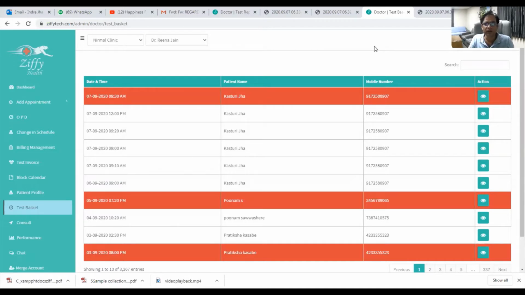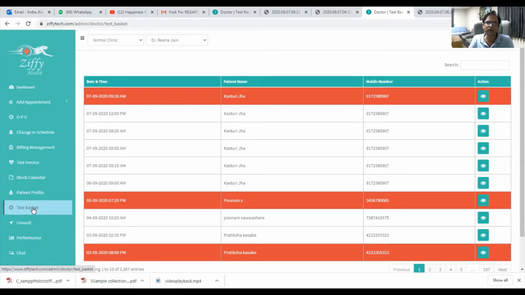All right. So we recommend that you can leave your clinic or hospital probably 30 to 40 minutes early, whatever your traffic or commutation time is to home. And then you can sit and relax in your back seat, and in your tab, you can access and click onto the test basket.